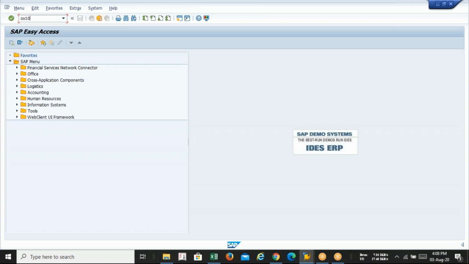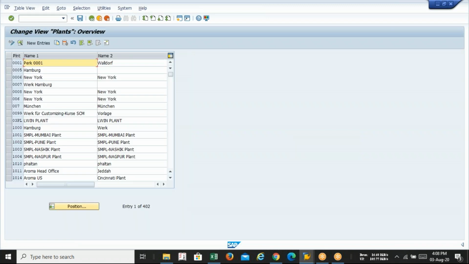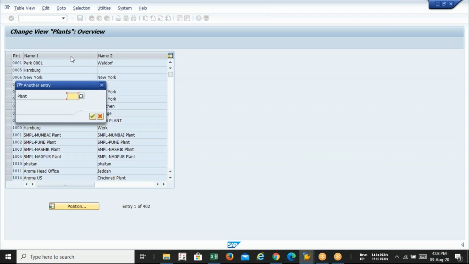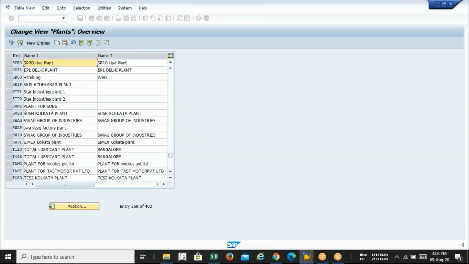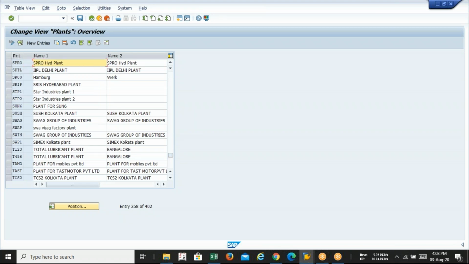It's OX10, the creation of plant. You can see there is a tab called position. If you click on your own plant, you get your plant by typing your plant code. So this is called a table. The entire column is known as a table.